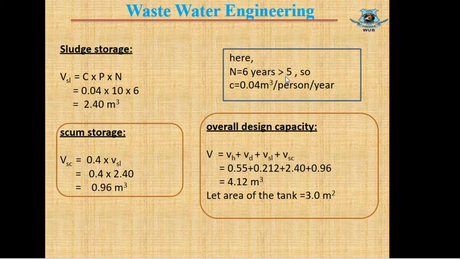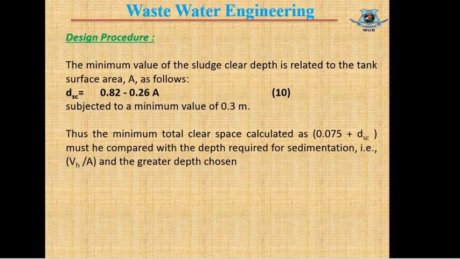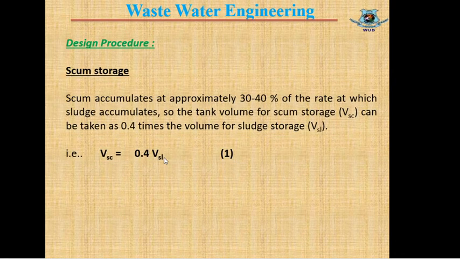Again, scum storage VSC stands at 40% of VSL. Let's see the design steps again. VSC, volume of scum storage, equals 0.4, that means 40% of the volume of sludge storage. As our sludge volume is 2.4 meter cube, using this value we can calculate our scum storage volume equal to 0.96 meter cube, and the overall design capacity will be the sum of these four items,